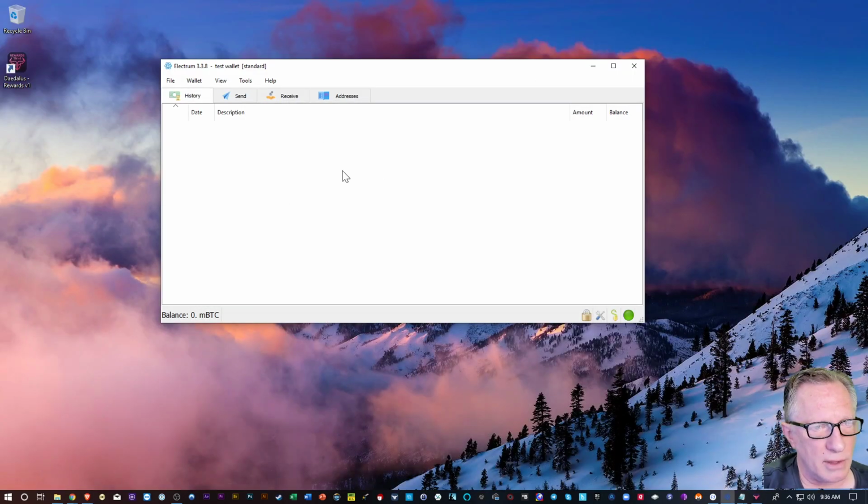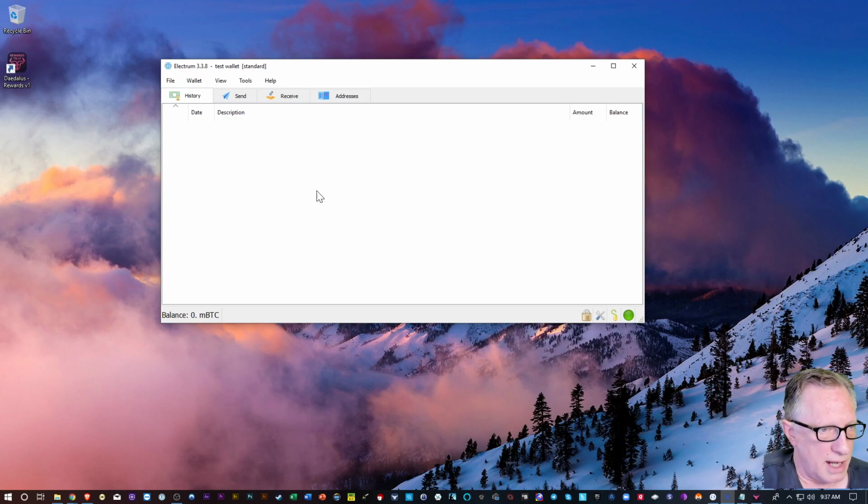Now it doesn't download a full node to your computer. It queries blockchain nodes on other computers. It has a network of servers that have blockchain nodes on there. So I guess what you would call it is a light wallet, right? It doesn't download an entire Bitcoin node to your computer.